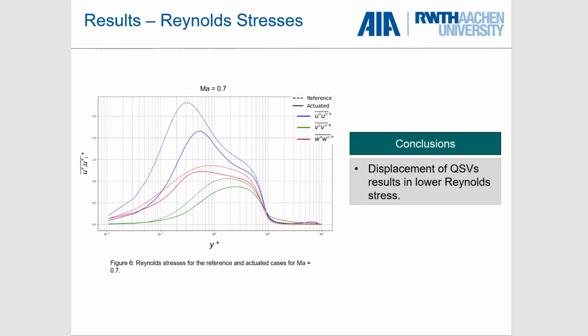Here in this plot, we can see the reference and actuated cases for the symmetric components of the Reynolds stresses. And as we can recognize from the graph, all three components of the Reynolds stresses are decreasing in a considerable way,